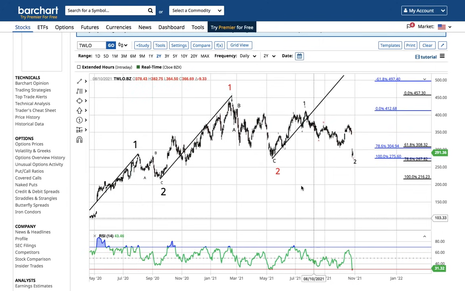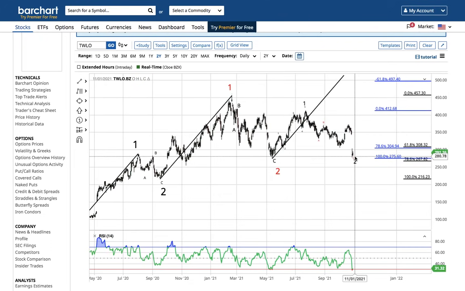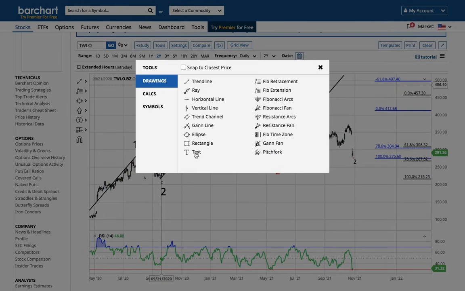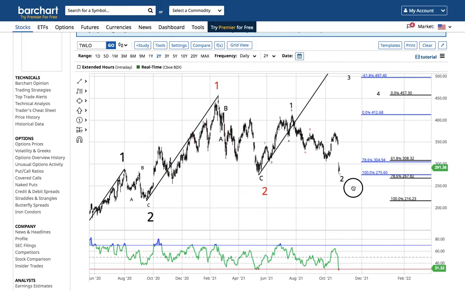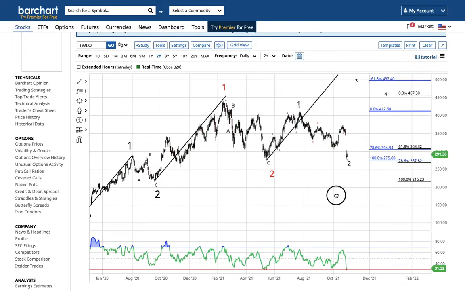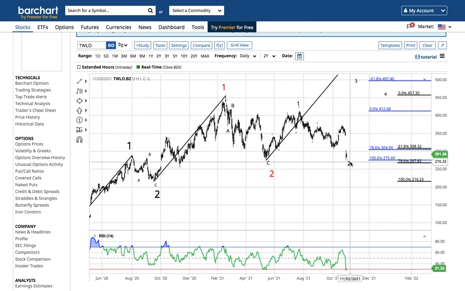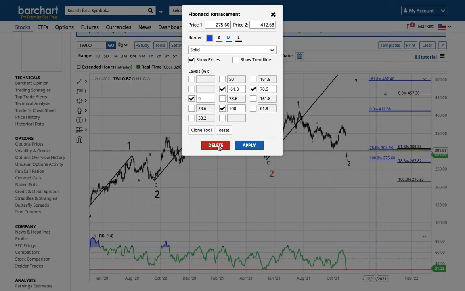So we'll talk about some invalidation levels right now. On the smallest degree, there's the idea that this is a wave 1 and a wave 2. So if we're above this wave 1 low of 275, we're going to be within wave 3 that will take TWLO to around 500 before a shallow wave 4 correction and a wave 5 higher. Even if we go below 275, which I'm not expecting, but when we get close, you have to talk about it. If we did go below 275, the bigger picture is that this is a wave 1 and wave 2 in red. So the 78.6% retracement to the 61.8% retracement is about 267 to 308, which is right around 275 anyway.